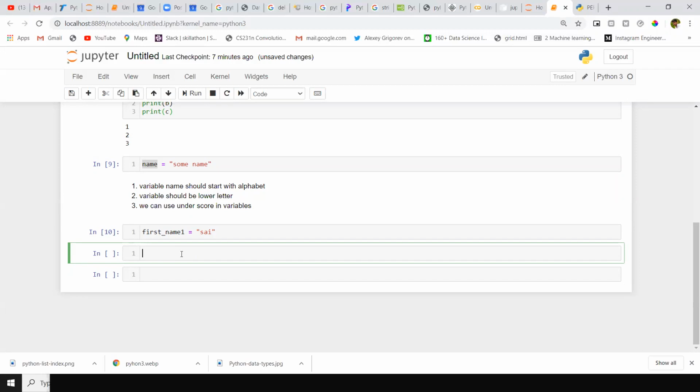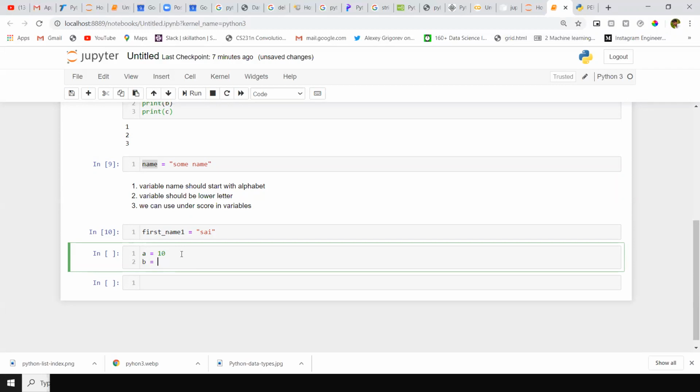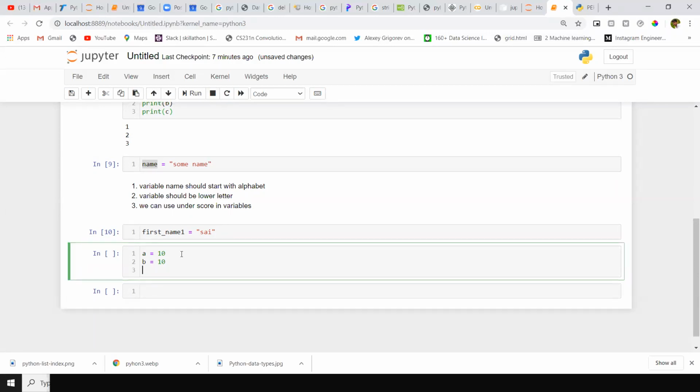Now we will go deeper into variables, how these variables store their values. I'll give one example here. I define two variables, A equal to 10, B equal to 10.